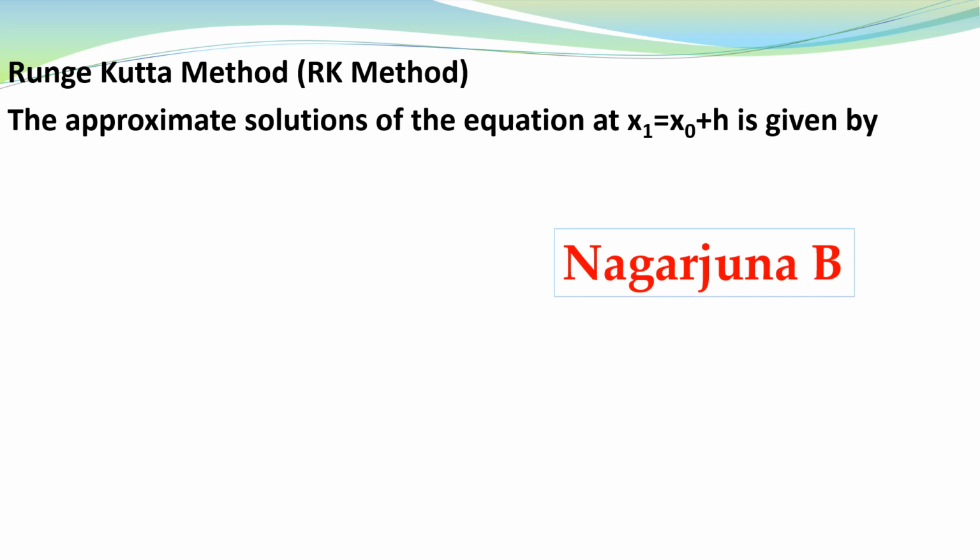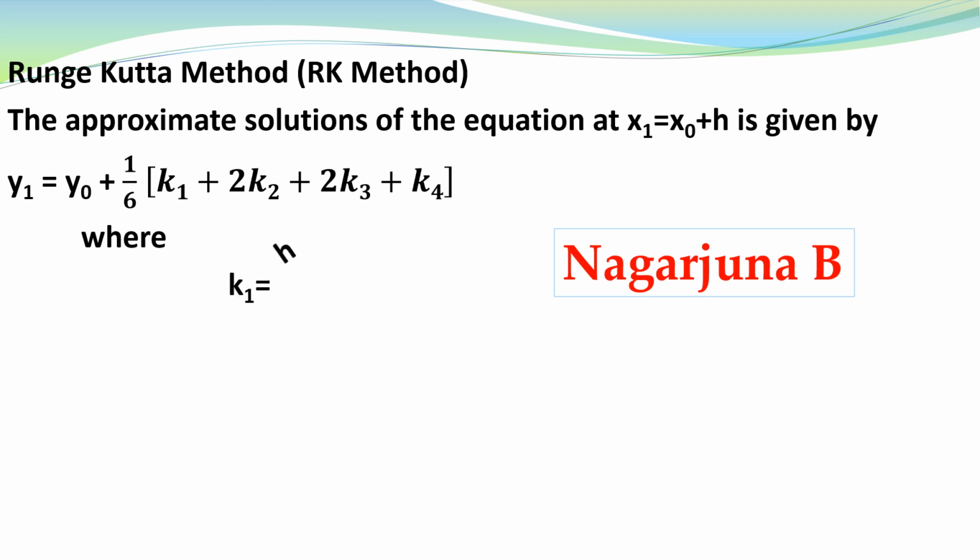The approximate solution of the equation at x1 is equal to x naught plus h, is given by y1 equal to y naught plus 1 by 6 into, within the square bracket, k1 plus 2k2 plus 2k3 plus k4, where